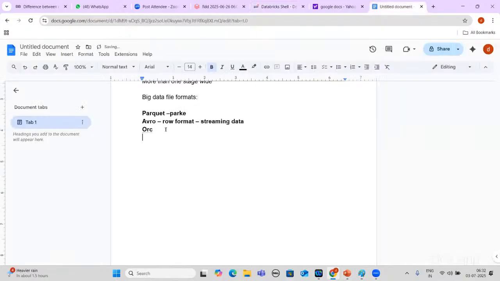This part is very important in interviews. They will ask you, what is the Spark architecture? You will explain everything: we have a master node, slave nodes, and in between we have one resource manager or cluster manager.